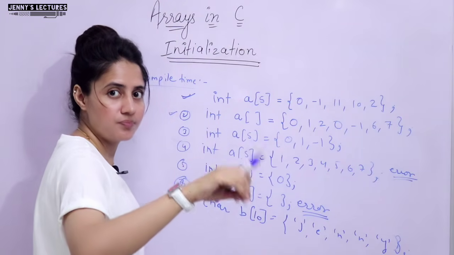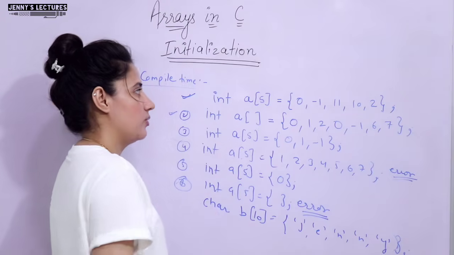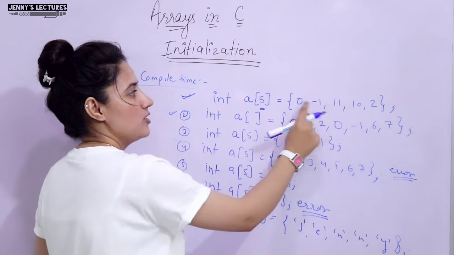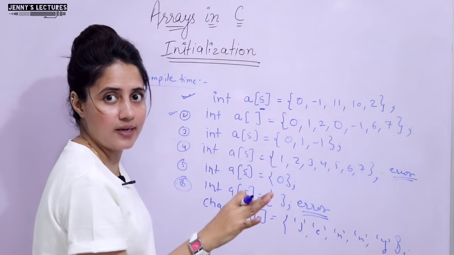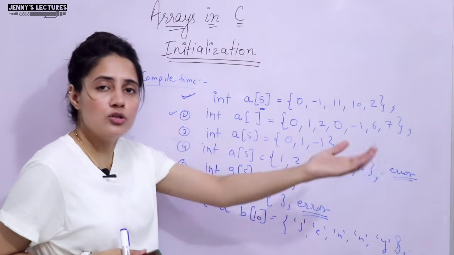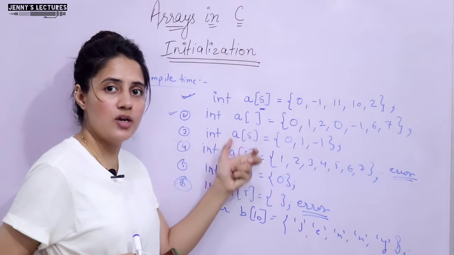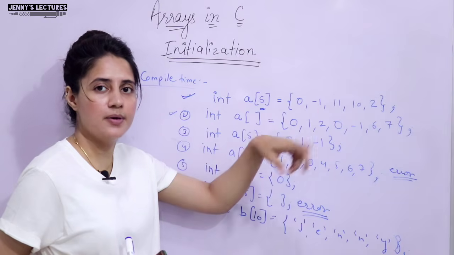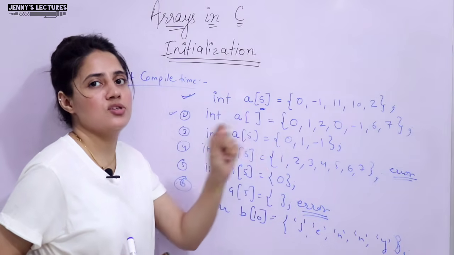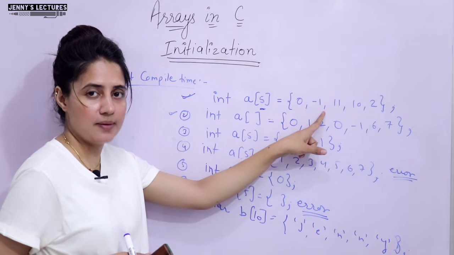One by one we will discuss everything about arrays, and in the last video I'll tell you all the properties and all the points about arrays. So here we have fixed the size of the array. Now we cannot change it, and also we have fixed what values we want in the array. At runtime we cannot change these values. But if you want the user to enter the elements of the array at runtime, where it asks to enter the elements in the array and the user enters any data, that is runtime initialization of an array. This is compile time, where we have fixed these data items.